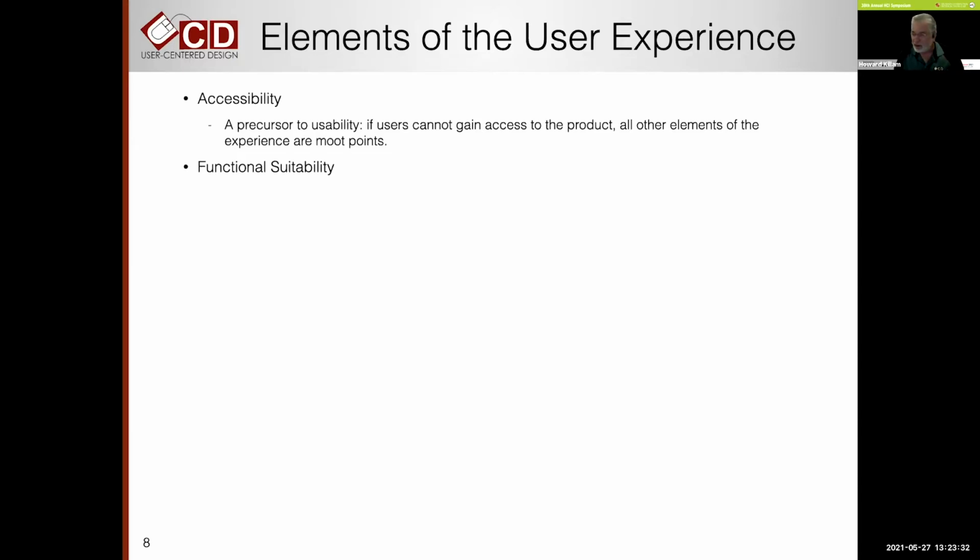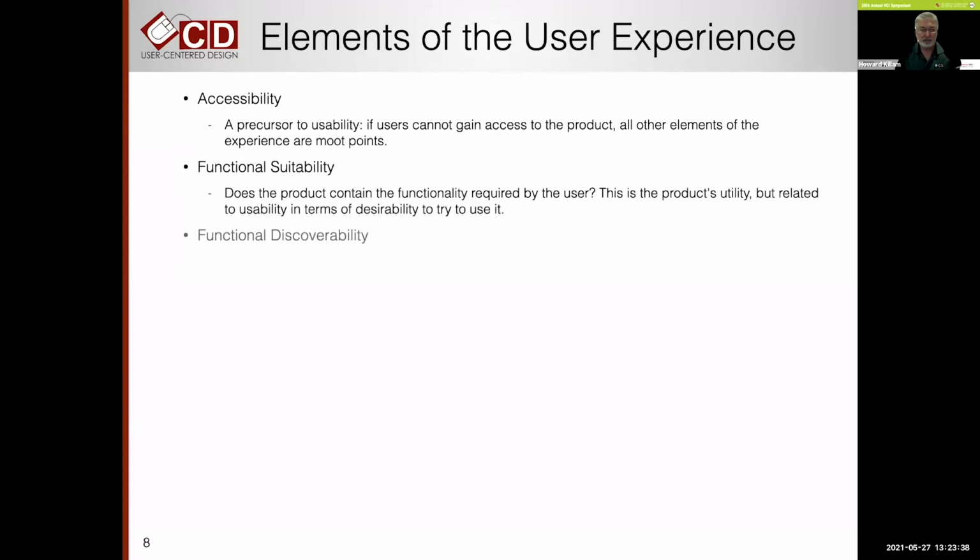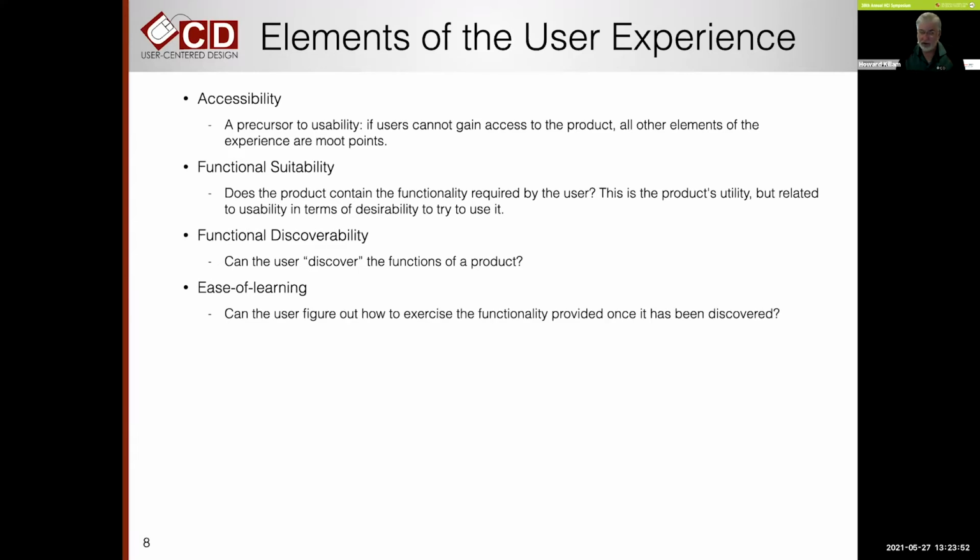So suitability depends on the intended use by the user. Again, we always go back to the user. Then you have to be able to discover it has the functions it has. So that gets us to functional discoverability. Once you discover it has a function, like this will write in 3 different colors, you have to figure out how to use it. So that's ease of learning, one of the dimensions we typically see in what we call a usability test,